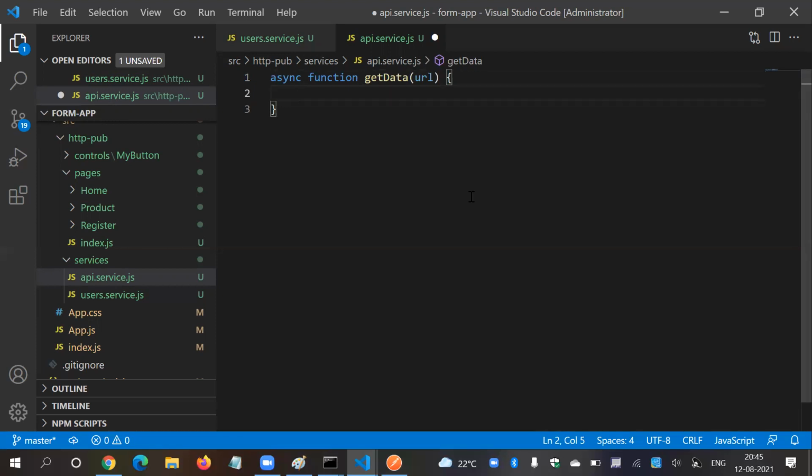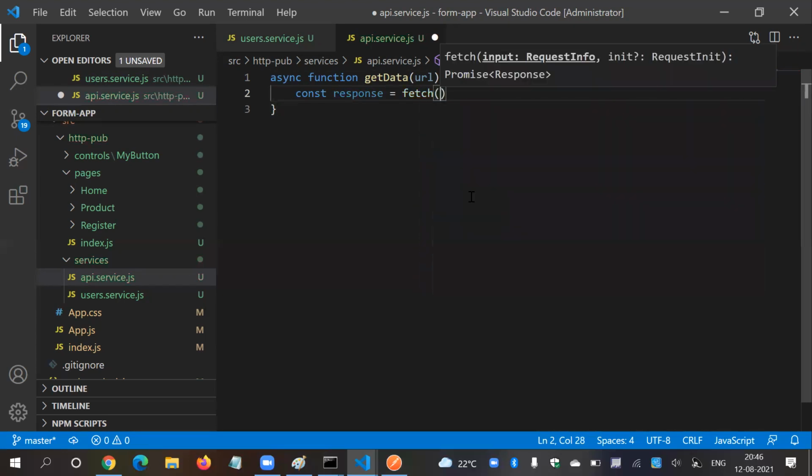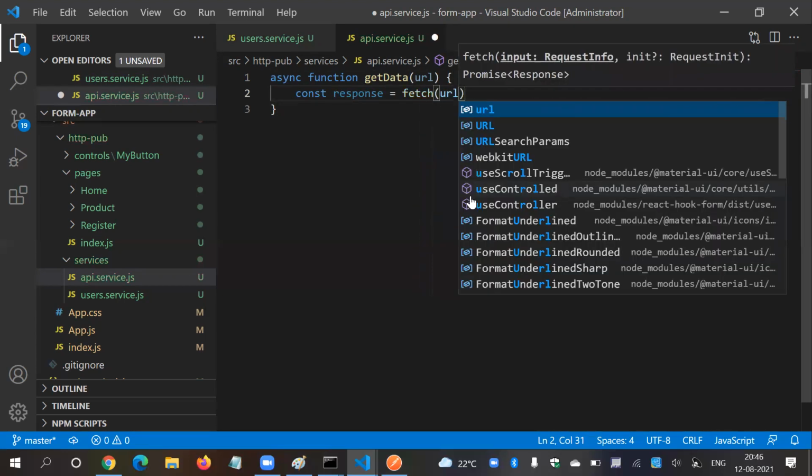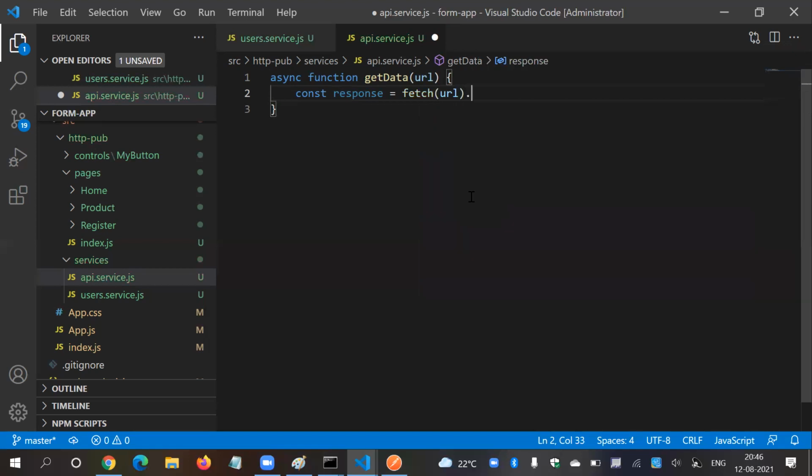What we are going to do is call a constant response from fetch. Here I'm going to pass that URL. And once I get the response, no need to write this, just say URL, that is also fine.